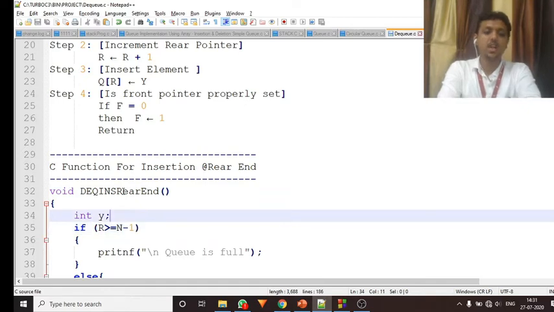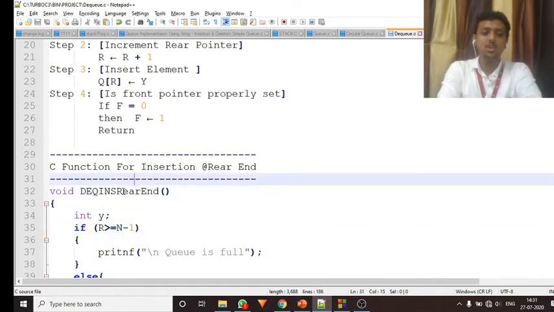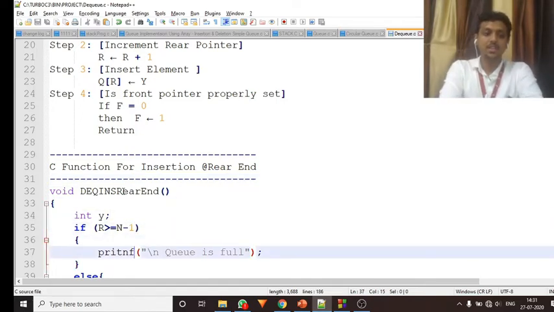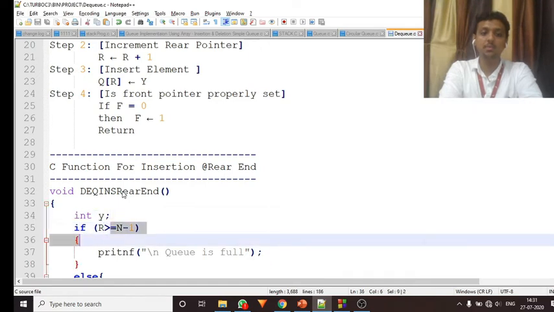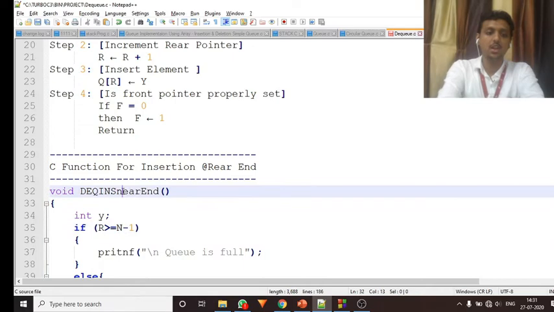Now the first thing is that the function name should be clear and understandable about what you are going to do. If you have seen, the code is totally the same. To insert in a simple queue, first you need to check whether r is equal to n minus 1. Here my n is small n.